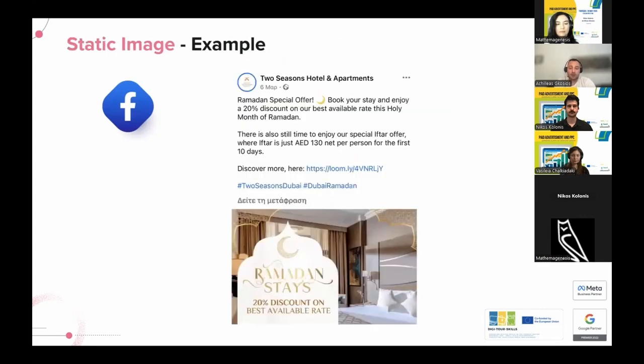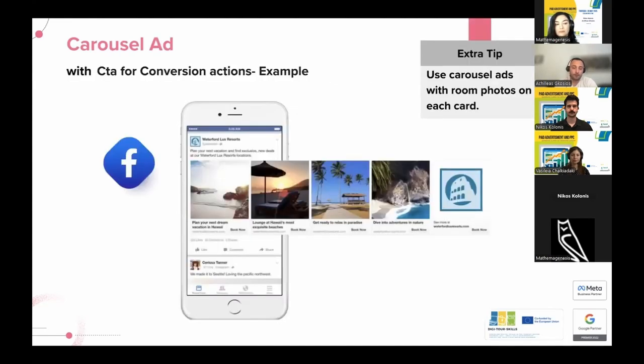In the second one, there is a static image for conversion actions, for booking actions, because we see that there is a discount coupon code. So this ad tries to make people make a booking. We have carousel ads with up to 10 cards in one ad.